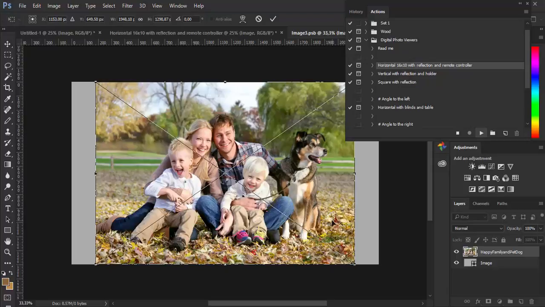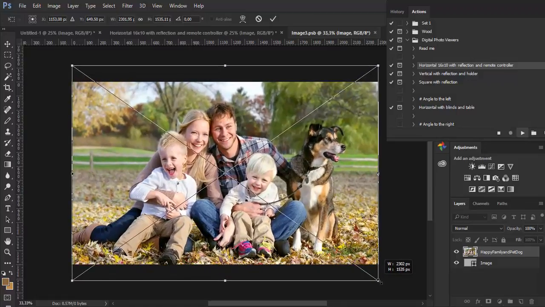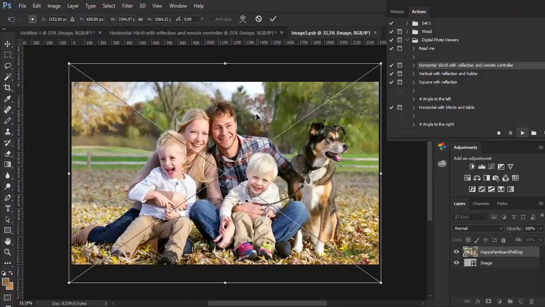When Photoshop places that image, it is important to scale image to cover entire canvas or image area. So I will use Shift and Alt, navigate mouse to corner and then drag. And when you have bounding box that is outside of canvas or image area, that will ensure that you have covered entire canvas.